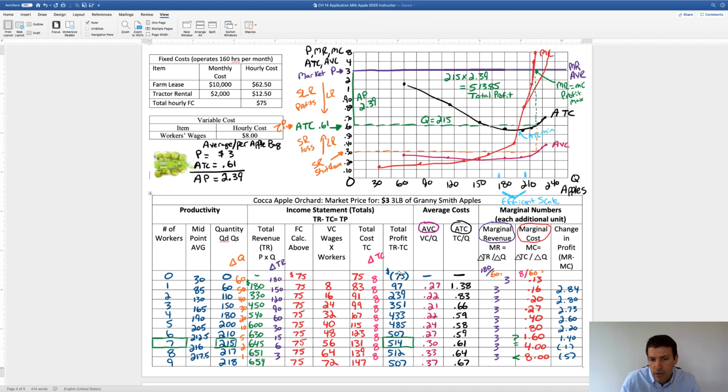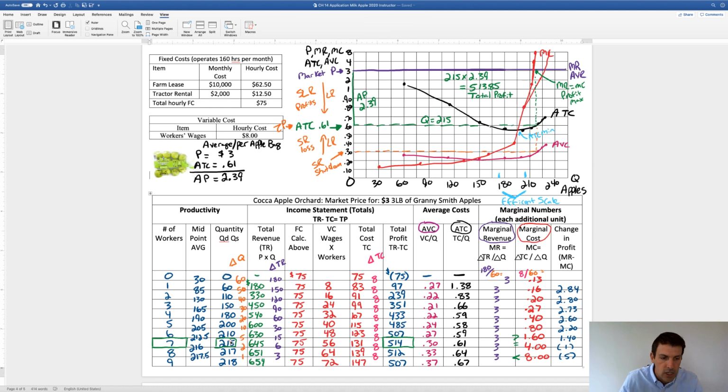So this is really the section that we can look at. My max profit, as you can see in green here, is 514. So that's where I want to produce, and we'll see that on the graph and all that. But that 514 obviously gives me the highest profit. So in that case, I would hire 7 workers and produce 215 bags of apples to maximize profit and to